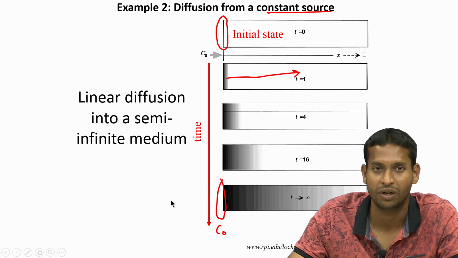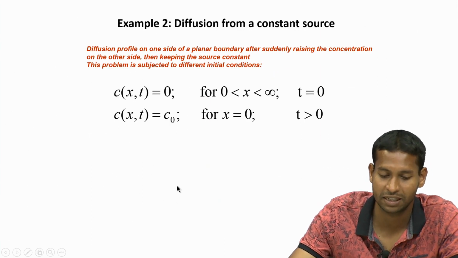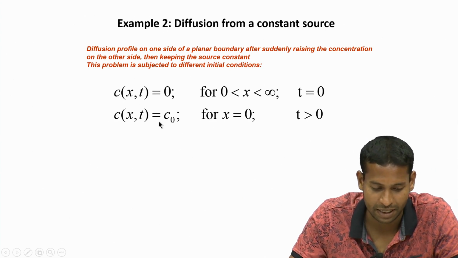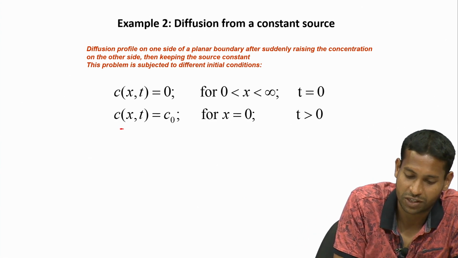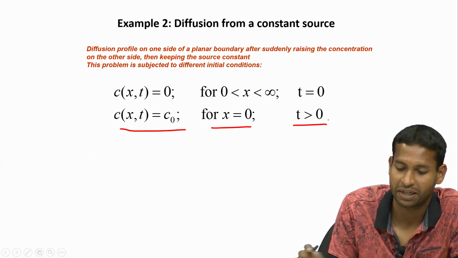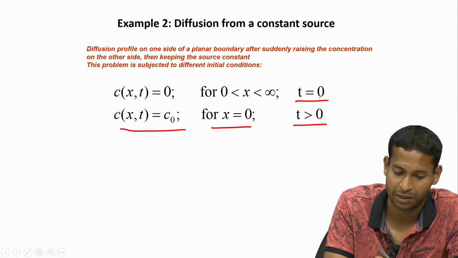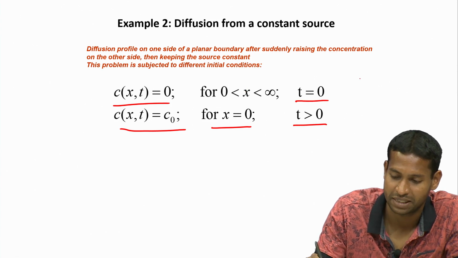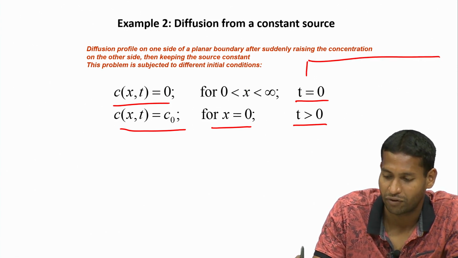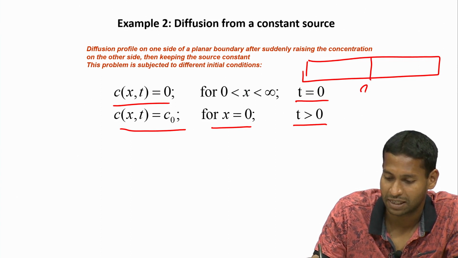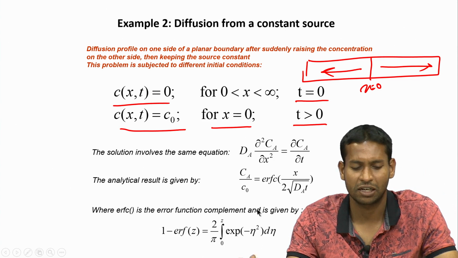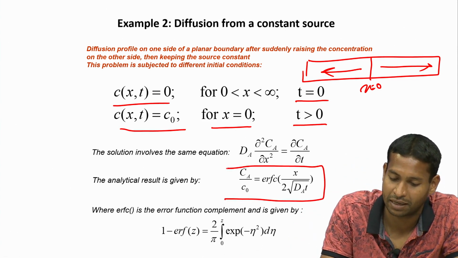So, if you go ahead and put these boundary conditions, now what you are saying is that for any time greater than 0, the concentration is always going to be C0 at x equal to 0, and of course at t equal to 0 the concentration was 0 at any point away from the source. So, if this is x equal to 0 at time t equal to 0, there is no concentration here or here. This is what is represented here. If you solve this, it gives you an analytical result as this equation,